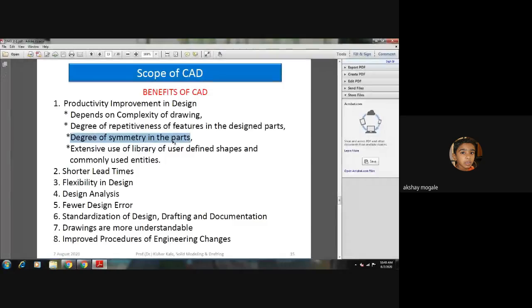Extensive use of library of user-defined shapes and commonly used entities. That means a library. So what is a library here? A library is a collection of different shapes or parts which are required frequently.